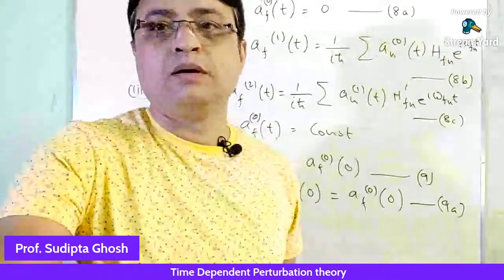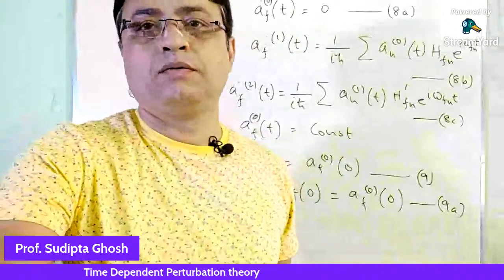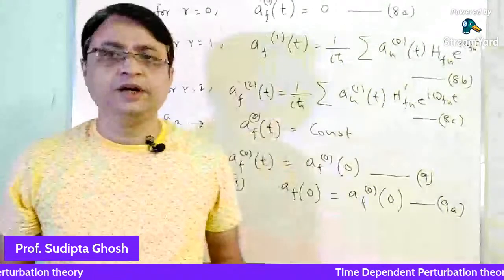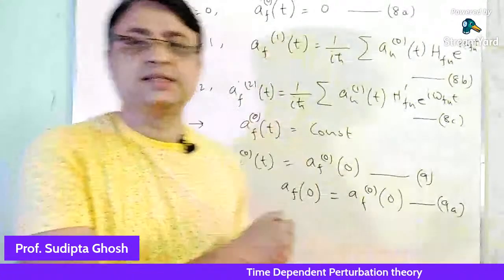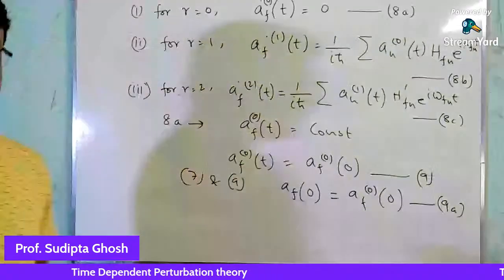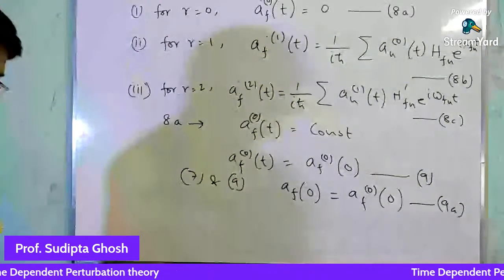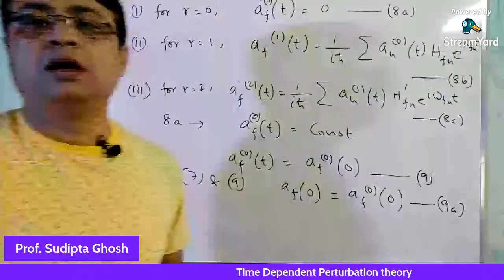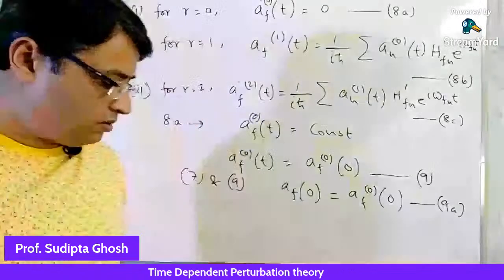Okay, fine. Now let's continue our discussion. So this is the discussion about the unperturbed part, that is at time t equals 0, when the perturbation has not yet started. Now what will happen if